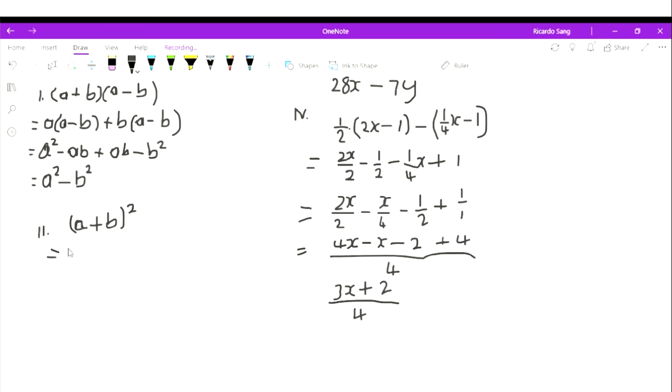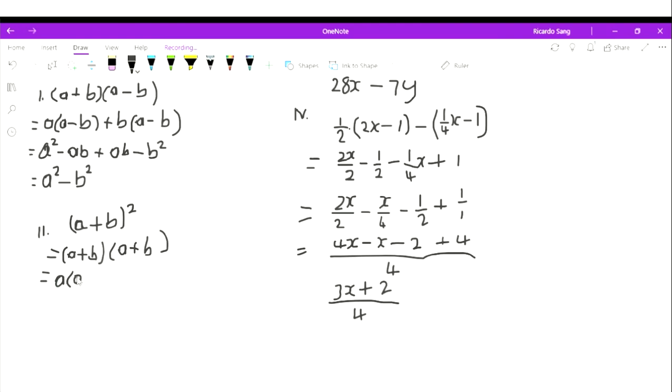So this is basically saying A plus B, close bracket, A plus B. The bracket is multiplied by itself. So we apply the same formula. This A is going to multiply that bracket, then this B is going to multiply that bracket. So what we have here is going to equal to